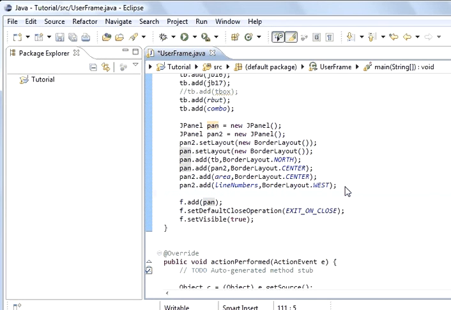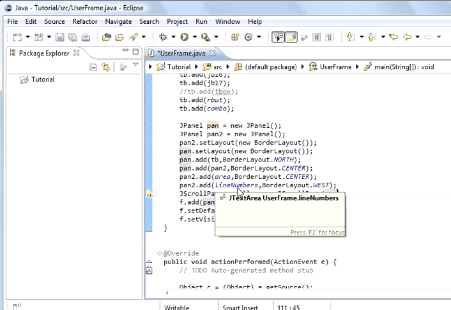So we're going to create a JScrollPane, and it's the normal way you create an instance of an object. We'll call it scroll equals new JScrollPane, and it's a constructor, so we've got the two brackets. If we leave it like that, we can add the pan later, but you can add it to the constructor like we're going to do now. Pan, we're adding pan, and we've added the pan to the scroll,